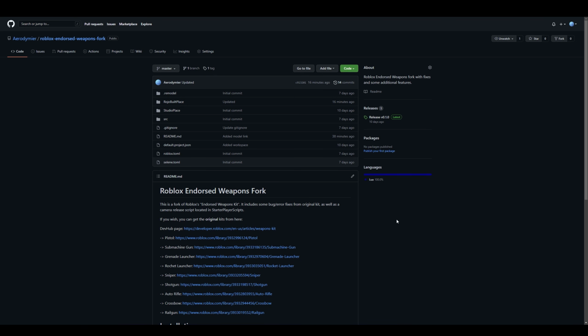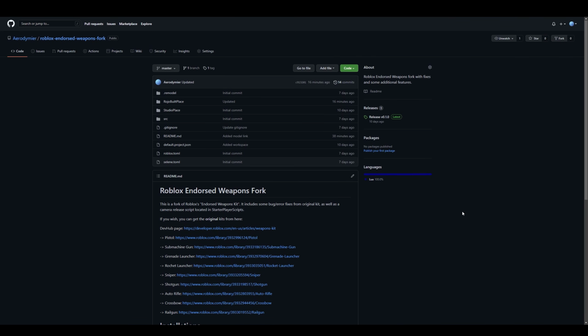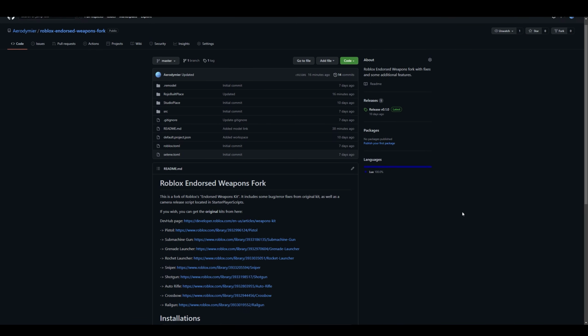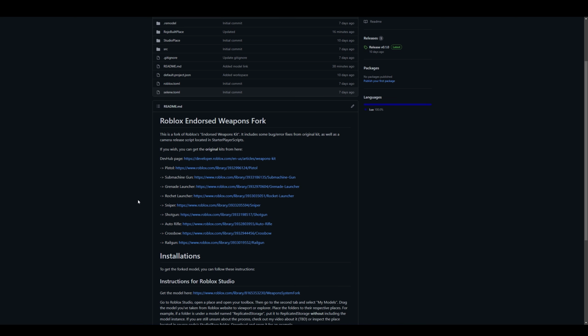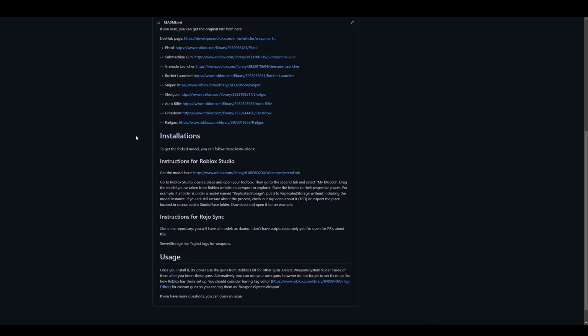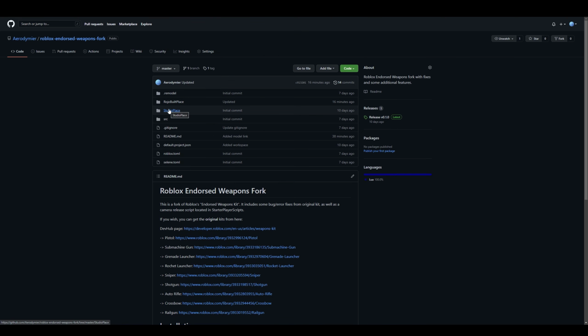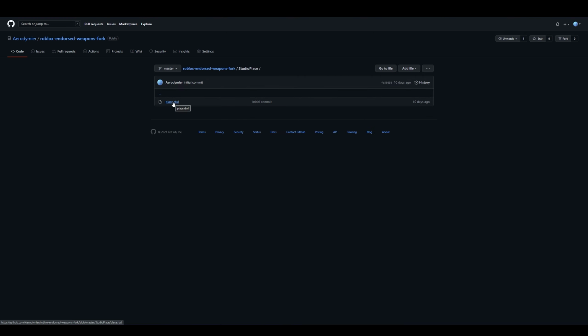All of this project is on a GitHub repository which will be linked in the description. You can create issues if you have some, or if you just want to suggest a feature, and you can also contribute if you want. There are also some instructions about setting this kit up. If you are still stuck at some point, there are example place files in this repository, which you can download and check out.